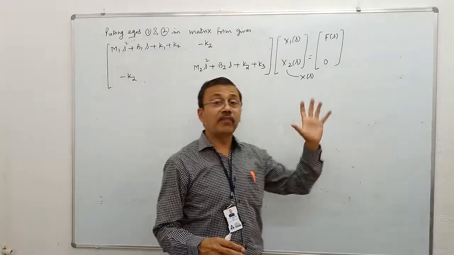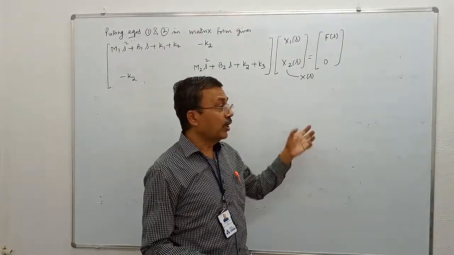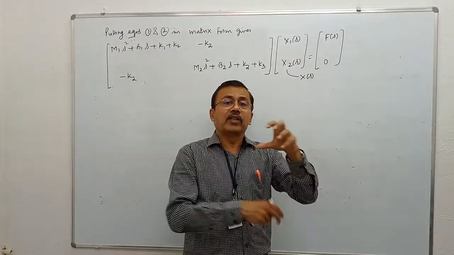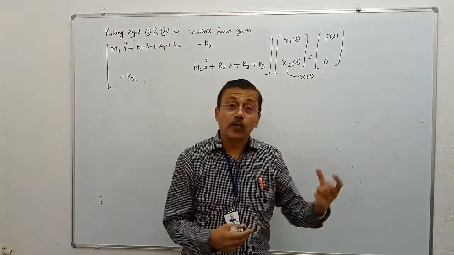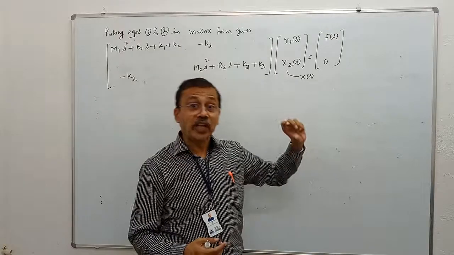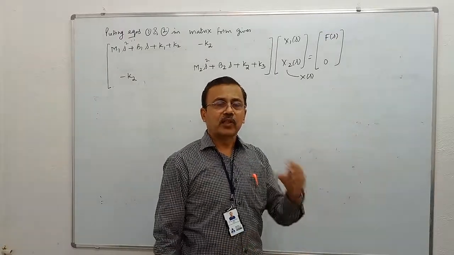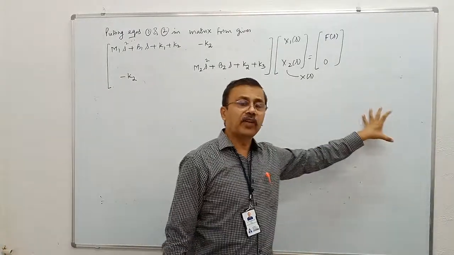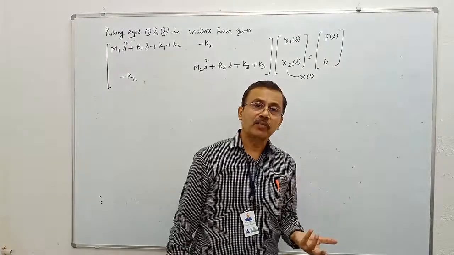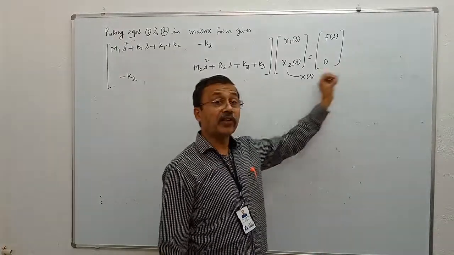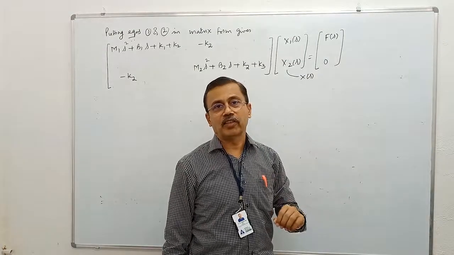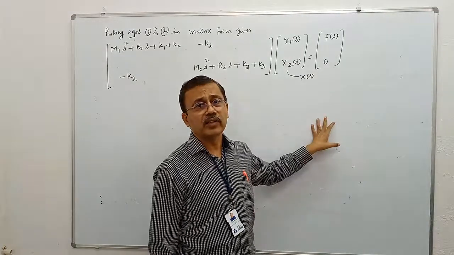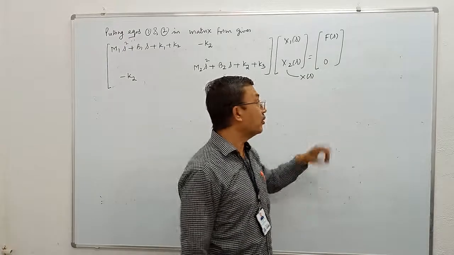On the other hand, you take a fighter aircraft fitted with bombs. As the bombs are being dropped, the mass of the aircraft keeps changing with respect to time. Therefore, the aircraft is a time variant system. So, if a system is represented by a linear differential equation, it is a linear system. If the coefficients of various derivatives are constants, then it is called a time invariant system. More of that you will learn in the subject signals and systems.